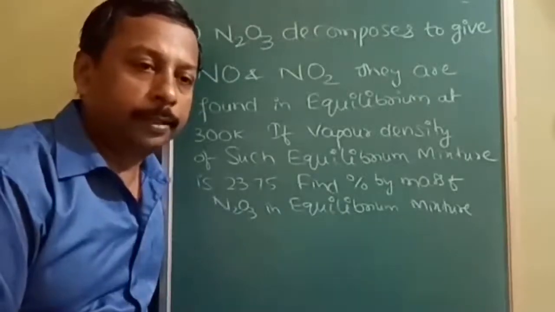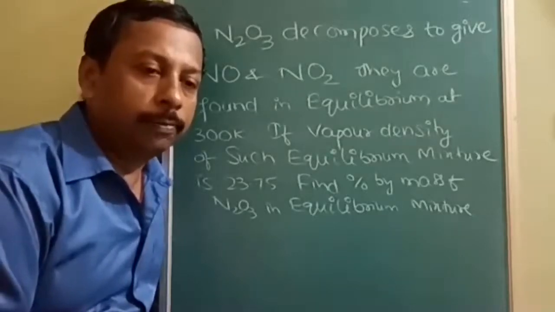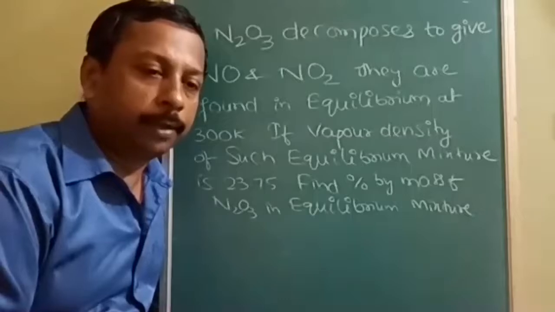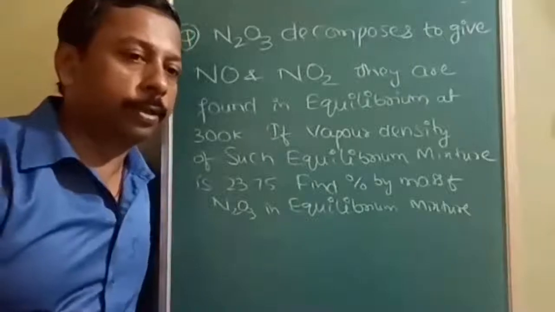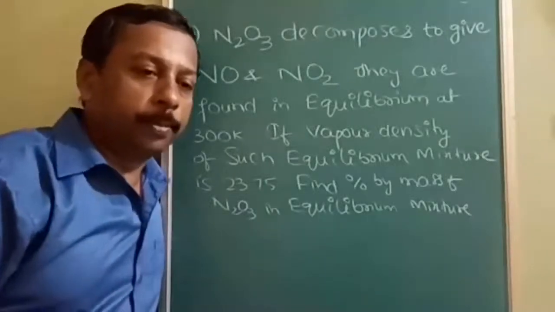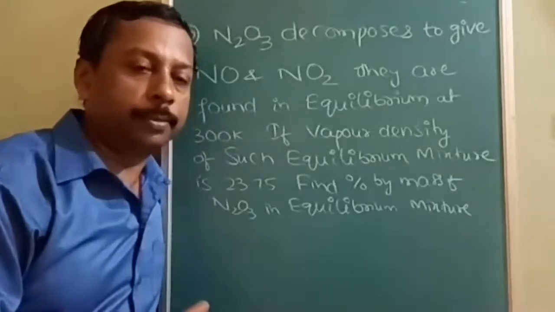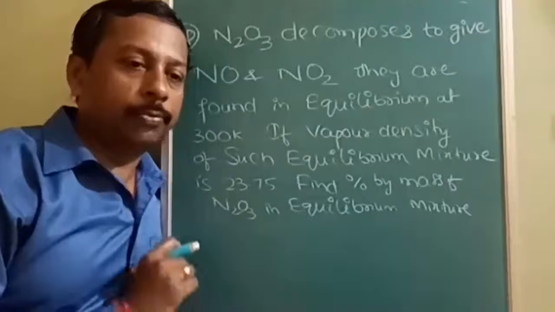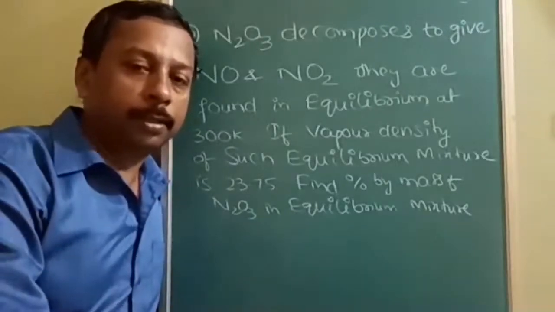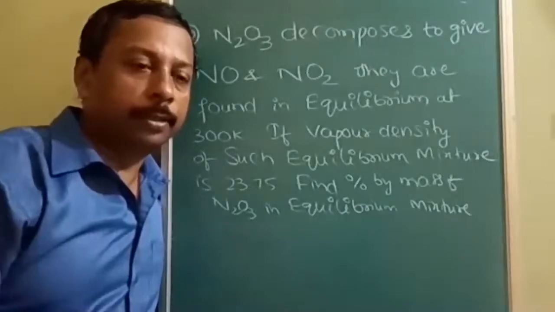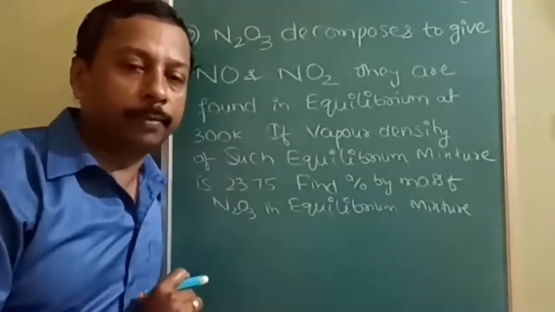Okay, after studying both the lectures, now you are comfortable with the alpha value: how to find alpha when P total is given, which is one procedure, and when the molecular mass of the mixture is given, which is another procedure. Based upon those two formulas, now we are going to do a numerical, or question, session. These questions are carefully selected after going through current examination questions, and they are going to cover a wide variety of models.